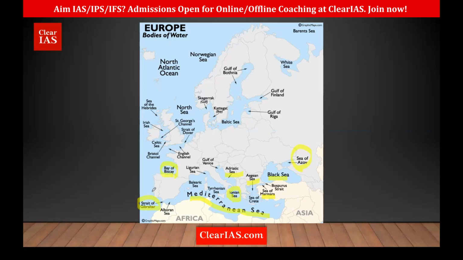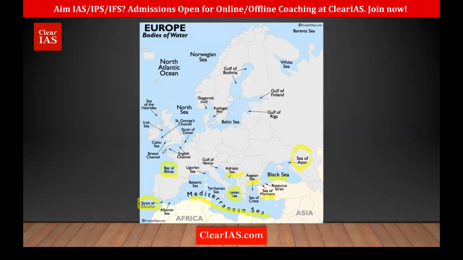Okay. And this particular part is called the Iberian Peninsula. Just remember, it's not that important, but earlier it was in news, maybe around 3 to 4 years back. This Iberian Peninsula consists of Spain, France, etc. But remember, this part is called the Iberian Peninsula. Okay. And this is the Bay of Biscay.